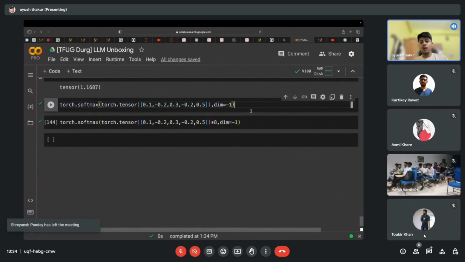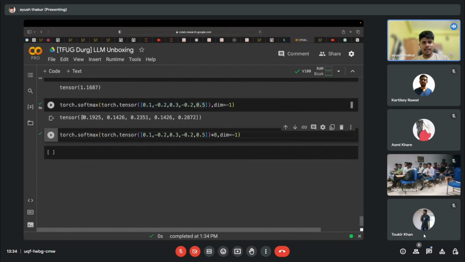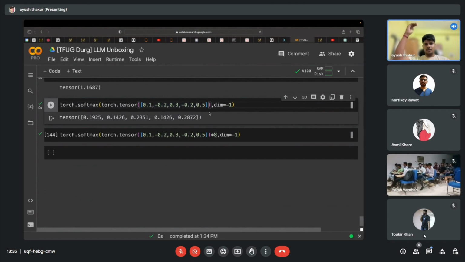Great. And why is that a necessity? It's a necessity because if we do the softmax of something like this, where the numbers are diffused, in the range of 0 and 1, close to 0, we get a very good probability distribution. But now we use the same vector and multiply by 8. So 0.5 times 8 is going to give me 4. Minus 0.2 times 8 is going to give me